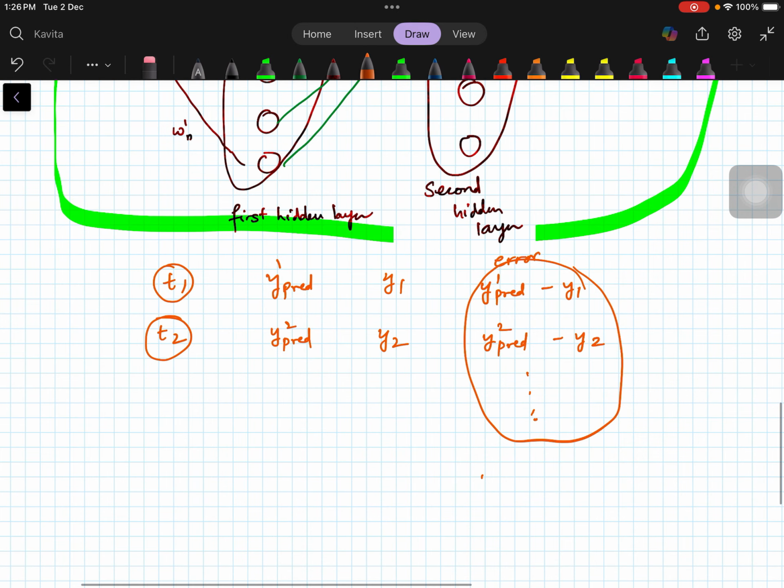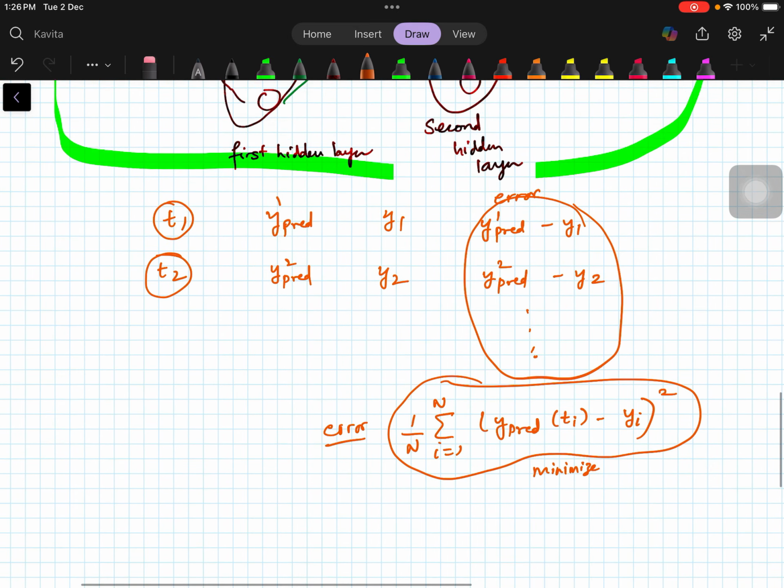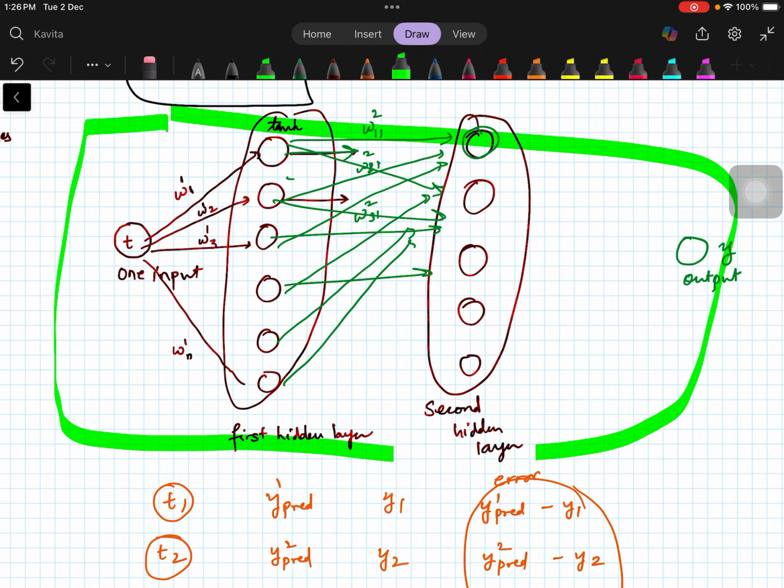So what I'm going to do is square these errors. Whatever is the predicted value at Ti minus whatever I had in my data set, square it, add them all, right, and divide by n, 1 by n, right? So this is my error. Okay, so I want this error to be minimized because I want my model to perform nicely on the given data set, right? So I'll minimize this, and in the minimization process I'll find what are my unknowns. I want to optimize my weights. So in the process of minimization I'll get the optimal values of my weights, right?